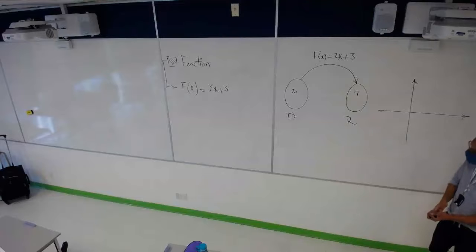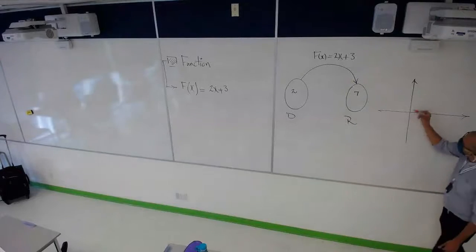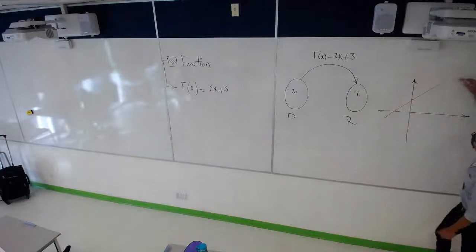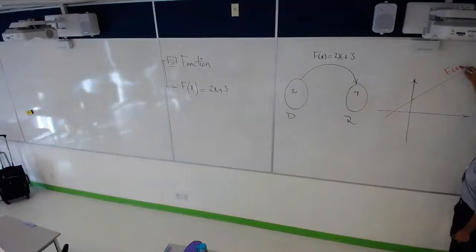Then what I want to do is that I simply know how to plot it. For example, if it is 3, you see that the plot is going to be this. You say that the plot of f(x) is 2x plus 3.